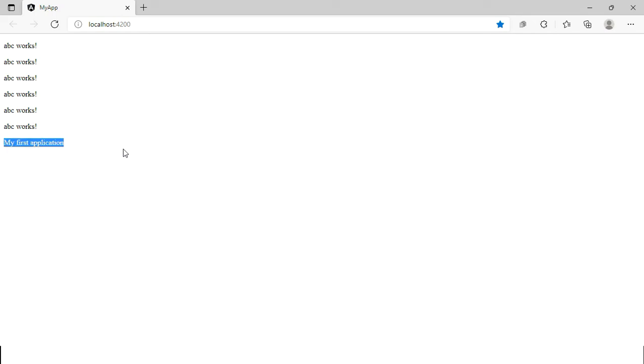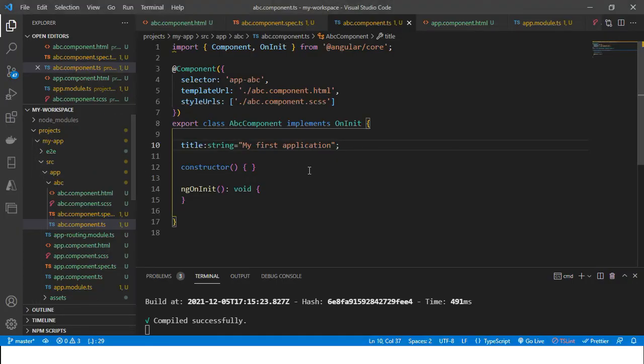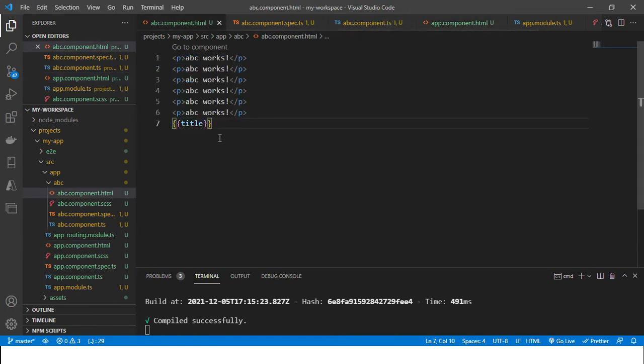The title string will be used in presentation logic with the feature of interpolation. When double curly braces occur, this instructs Angular to render the property.